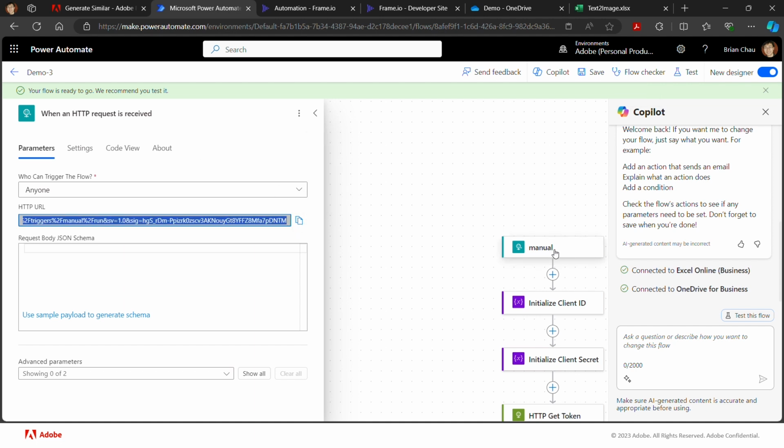Now, for some reason, it just named it manual, which I really don't like, but let's not worry too much about that. What it really is, is when an HTTP request is received. So there's this URL there, right? Now let's go to